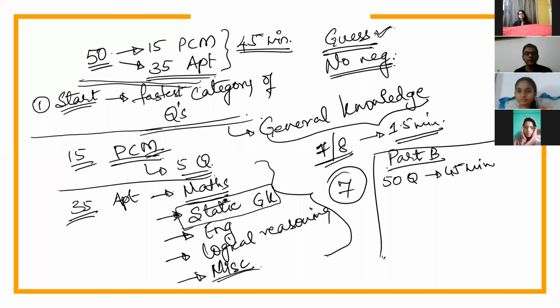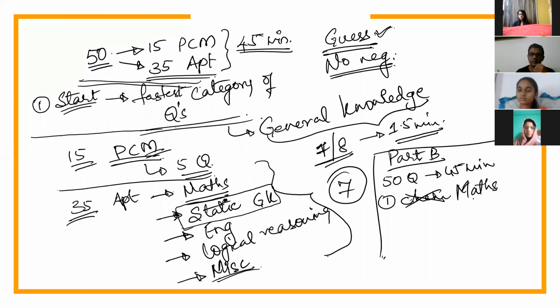Let's say I am a person who hates chemistry, and the first question I come across in part B is chemistry. What happened? Now, there are two things. I have lost my confidence on the first go itself because I didn't like chemistry as a subject. Second, I don't like to leave this question, right? I may go to the next question, whatever it is.